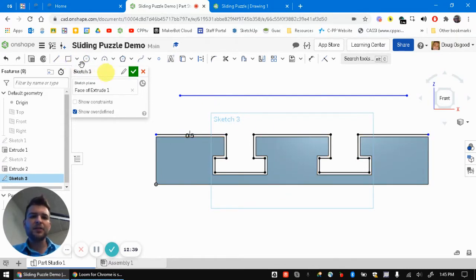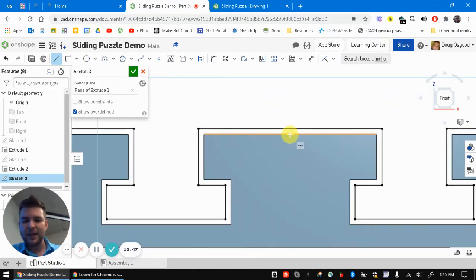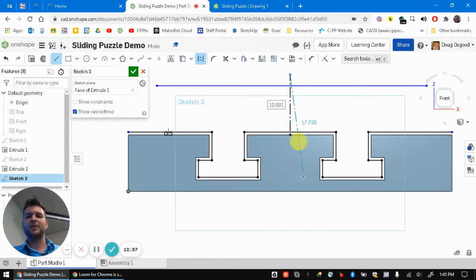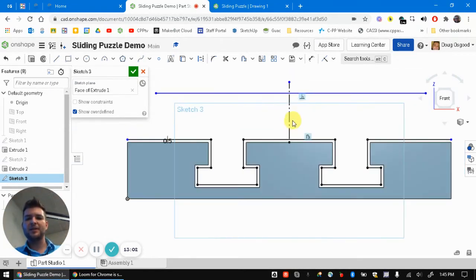Okay. Another thing we're going to do is, remember that construction line we made before? I'm going to make one of those, and I'm going to use the midpoint of this line right here. So actually, I'm going to click construction first. You could click it before, or you can select the line after and switch it to construction. And I'm going to draw a vertical line right up from the center. So that's actually going to act like our little spot that we can split this on,